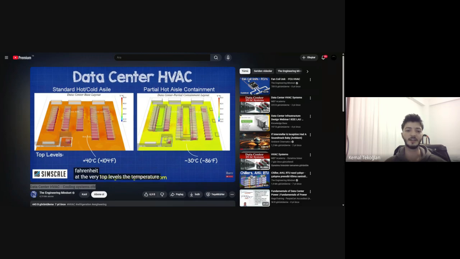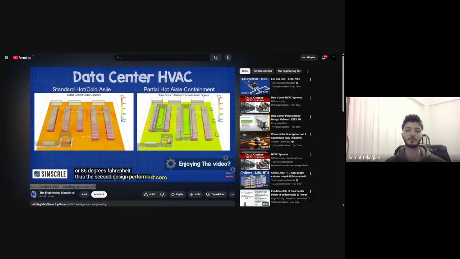At the very top levels, the temperature for the first design is now in the hotter range of 40 plus degrees Celsius, or 104 degrees Fahrenheit, while the second design, the partial containment one, is only a maximum of 30 degrees Celsius or 86 degrees Fahrenheit. Thus, the second design performs much better in this case,